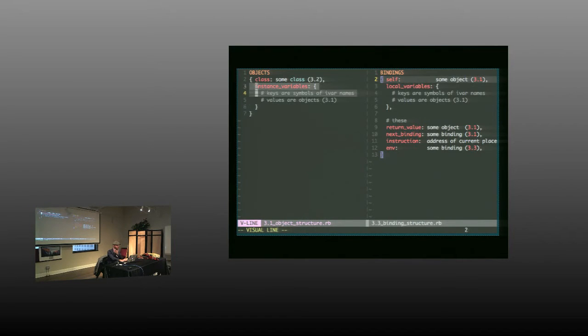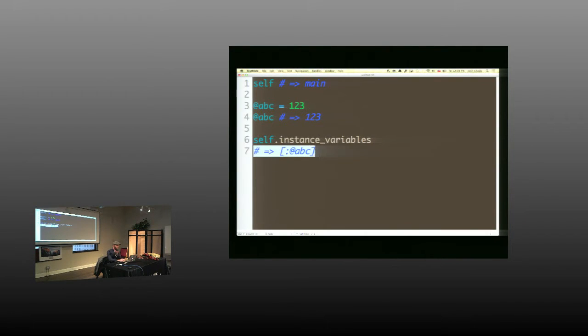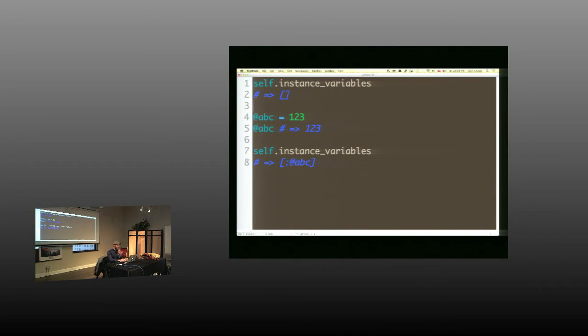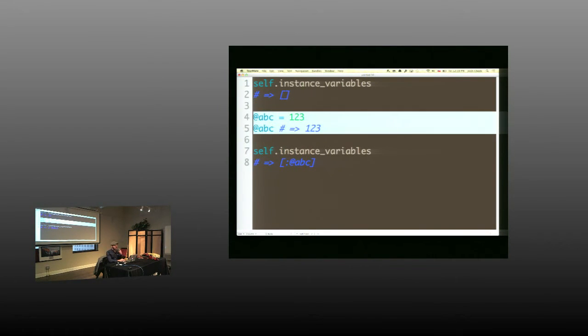This is an object, the thing with the class and the instance variables. And so when I ask for it, it tells me what's in that hash right there. And I get ABC back. You can notice before I do that, there's not going to be anything in there, because that didn't get set into that hash until I hit this line right here.